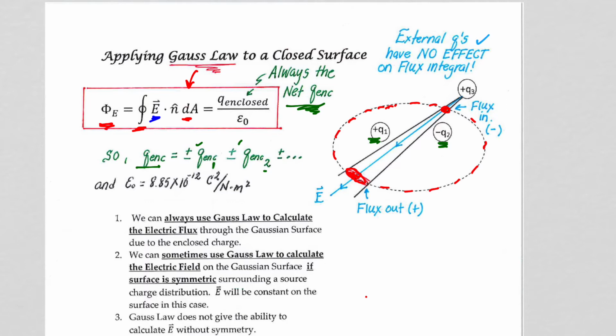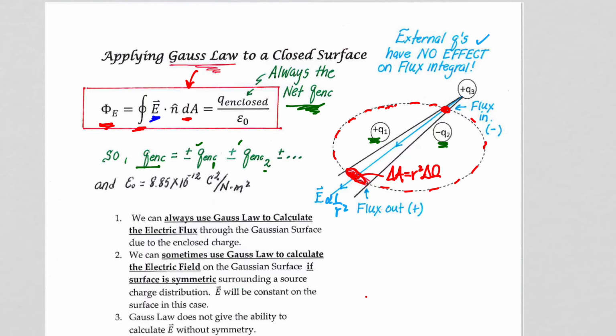And since the electric field, according to Coulomb's law, is proportional to 1 on r squared, the area, delta A, is equal to r squared times